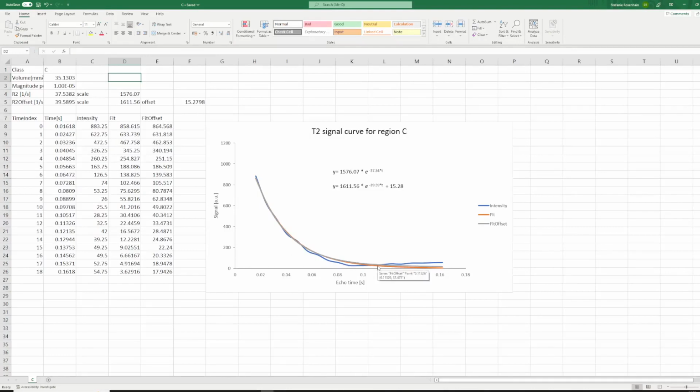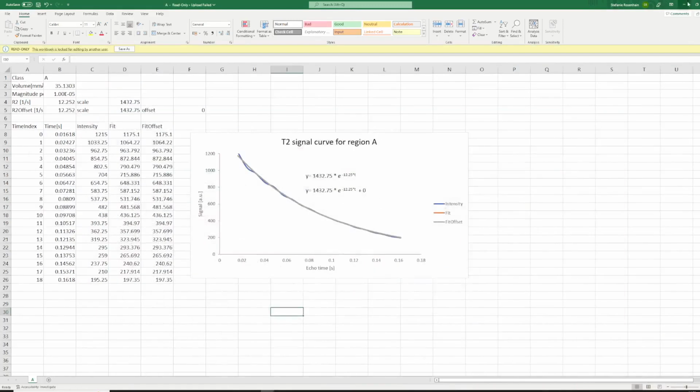And the two fits, they are different because we have this long tail here, this non-zero tail with a lot of non-zero values. And if you just perform a simple exponential fit, like this fit here in orange, it will not match the original intensity very well, so the blue curve. But the fit with the offset is a bit better here in gray, and you will get more accurate R2 values in this case. So you can avoid an underestimation of these extreme R2 values, which can happen if you use just a simple fit.